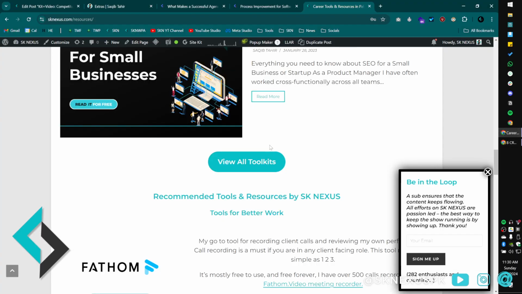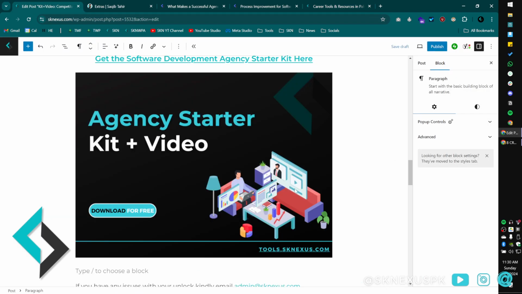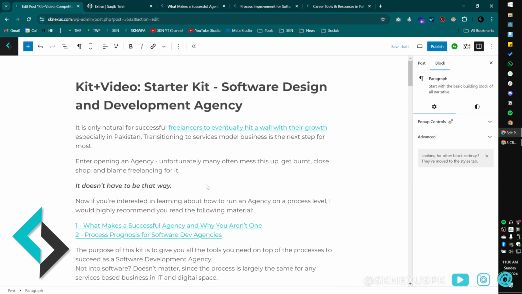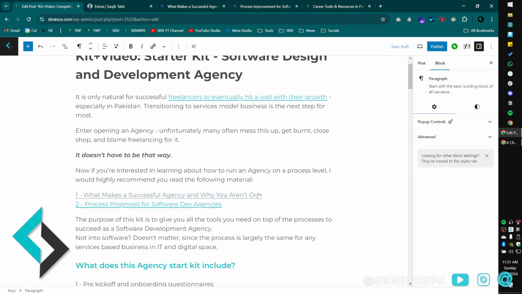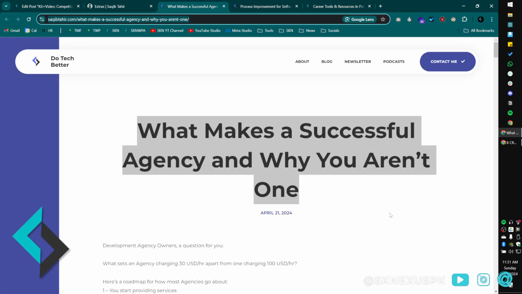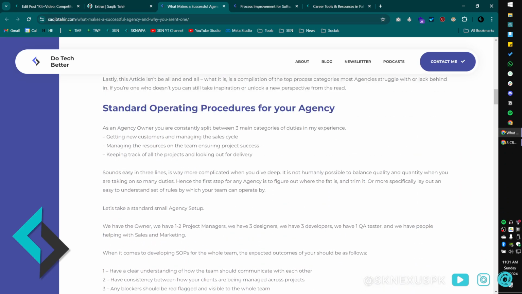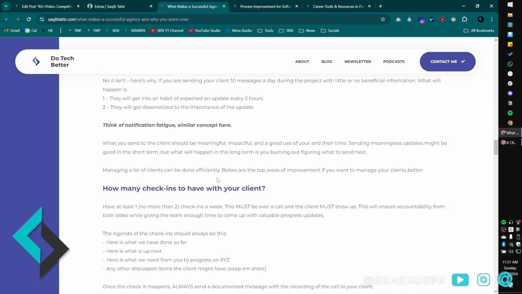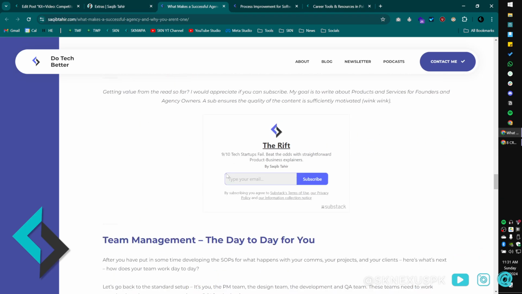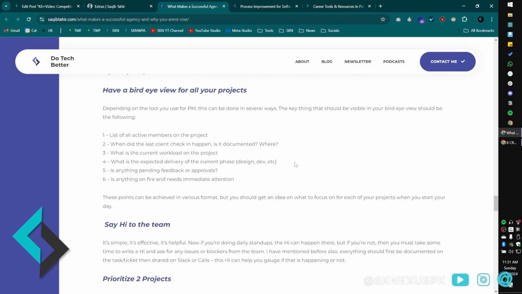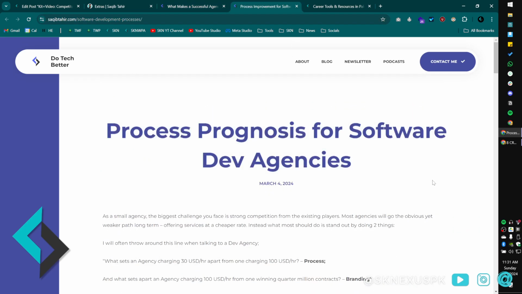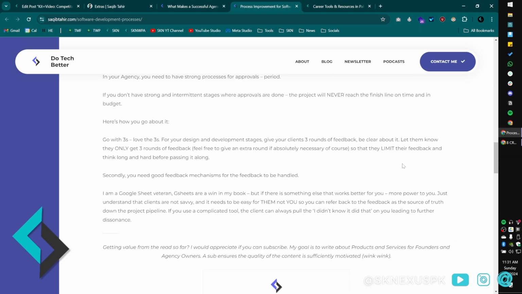So in conclusion, basically, this kit is going to have everything for you to start an agency. And then if you require, like, okay, I have all the templates, but I don't know how to run an agency, what are the processes and so on and so forth. At the start of this article, you will see I have linked 2 other resources that I've done recently or previously. And I've gone into a detailed analysis of what are the SOPs for software development agencies at every level. So if you want a video on this, let me know. Maybe we can have it down the road. But for intents and purposes of this video, I think everything gets covered.